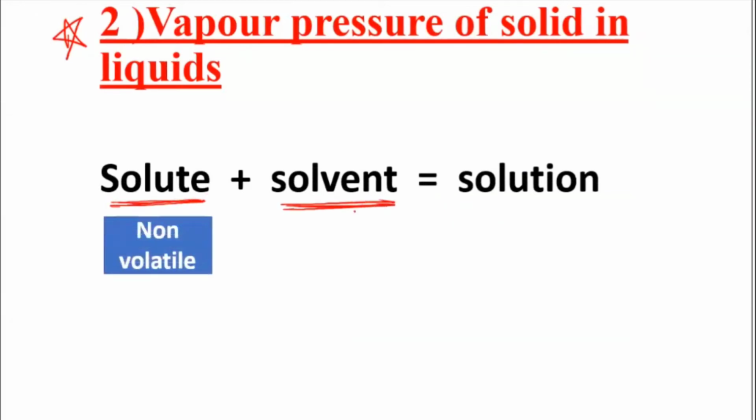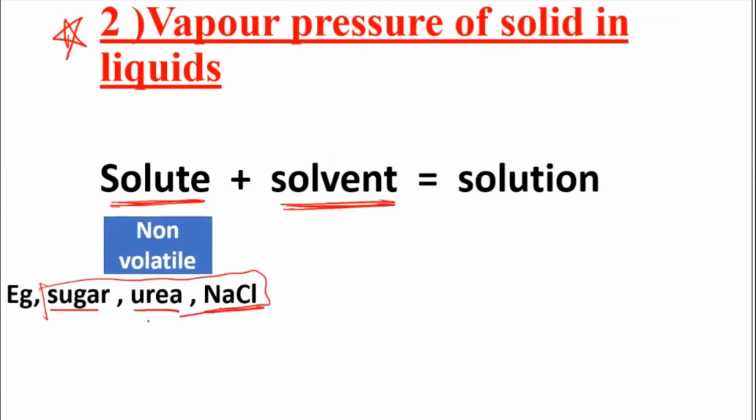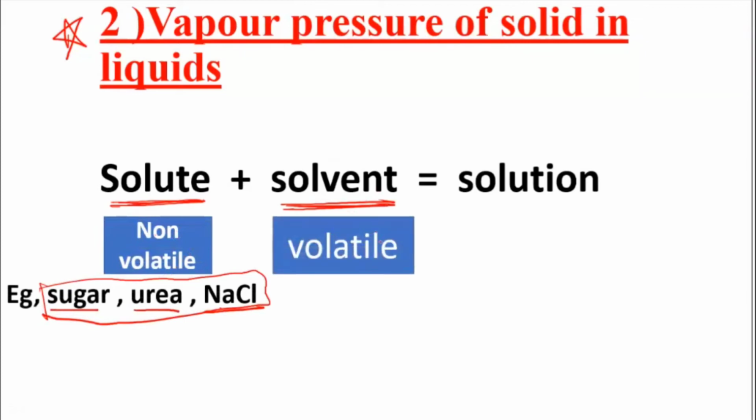No, that will be your solvent. So you are going to add a non-volatile solid like sugar, urea, and sodium chloride. All these were the examples which we have considered, which are non-volatile in nature, meaning the ones which will not vaporize. Even when you are continuously heating, they will stay back, and the solvent is the one which will evaporate off because it is volatile in nature. So we are talking about such a solution, where the solid is non-volatile and your solvent is volatile. So you are discussing what happens to the vapor pressure.